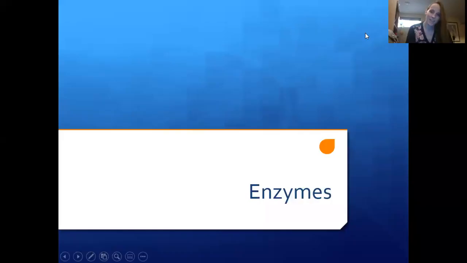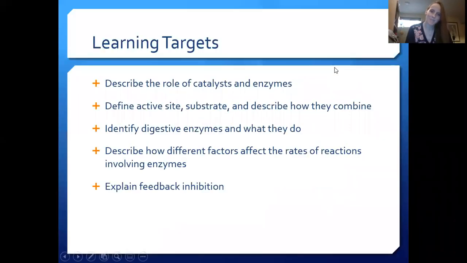Hey guys, so today's lesson we're going to be talking about enzymes and their effect on different types of reactions. As we're going through this lesson on enzymes, we're going to be talking about what the difference between the term catalyst and enzyme is. We're going to define things like active site, substrate, and where those actually are on the enzyme or how they